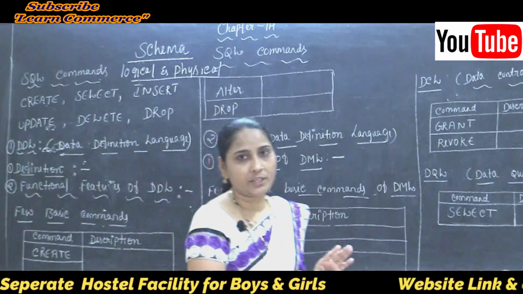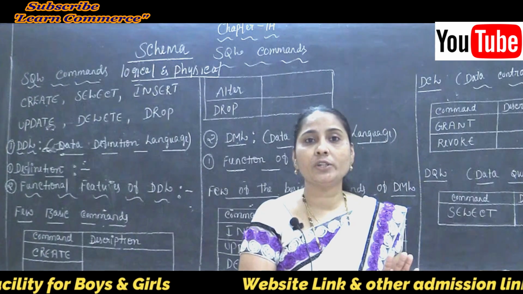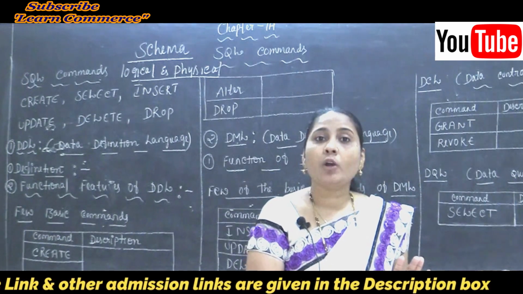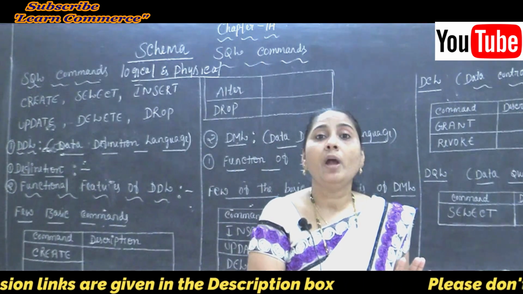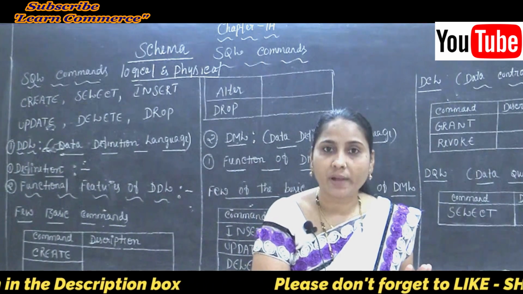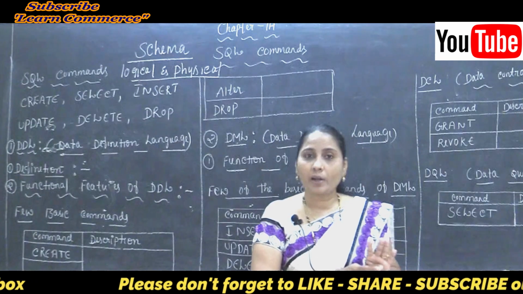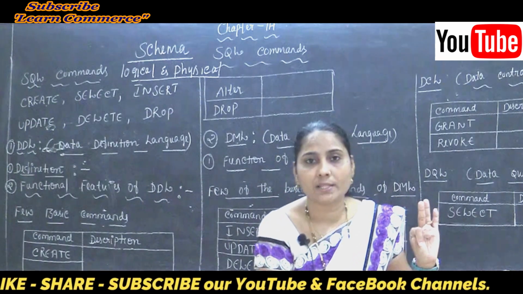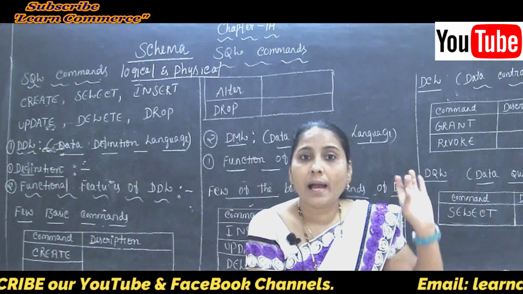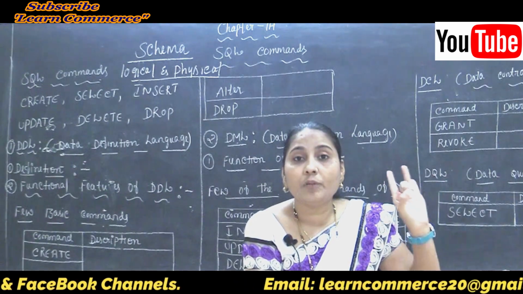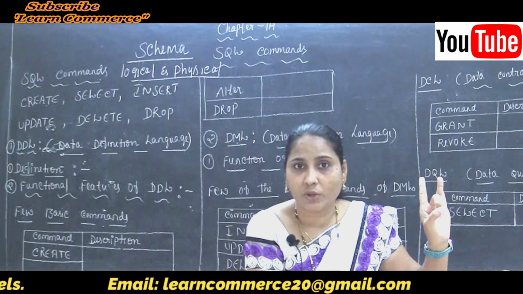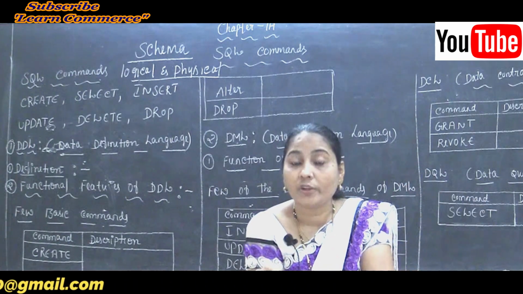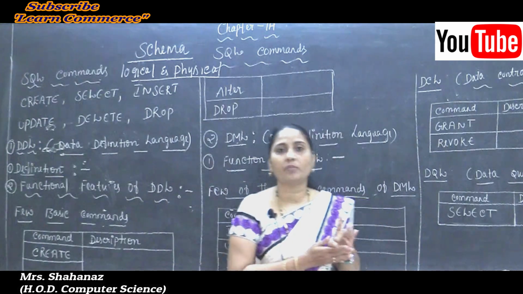that means the physical characteristics of each record. So it defines the column name, the column length, and the column logical name, and also specifies the relationship between the records. The second feature is describing the schema as well as the sub schema. And the third one indicates the fields of the record. Clear this point here? That means some of the keys we can use in our table. While creating the table we use some of the keys.